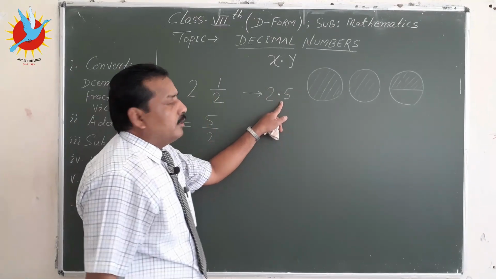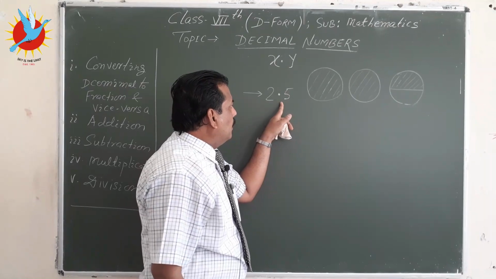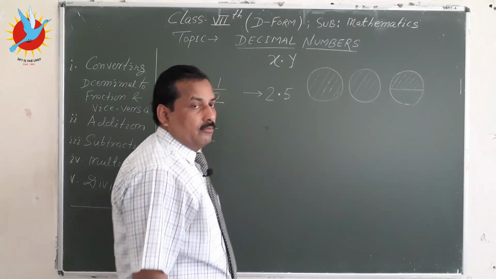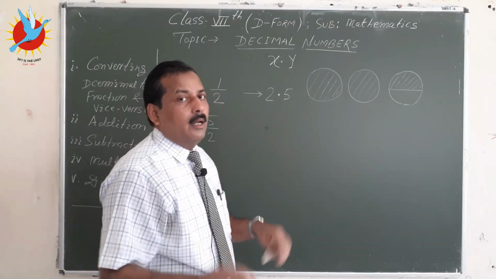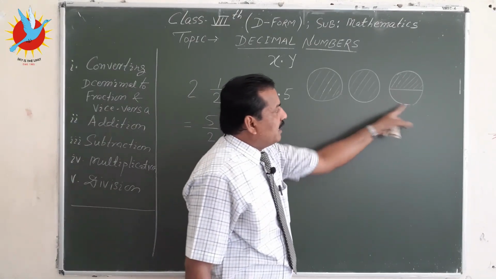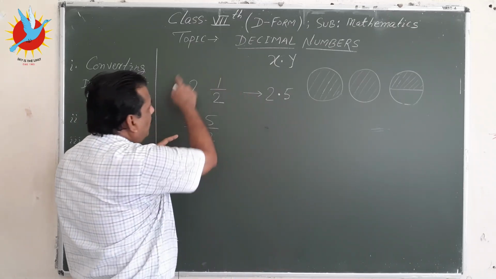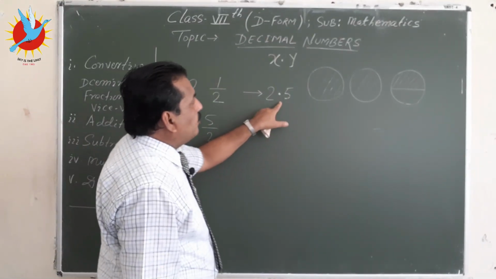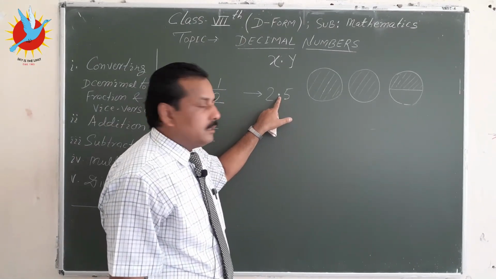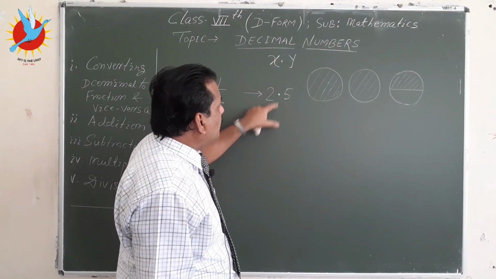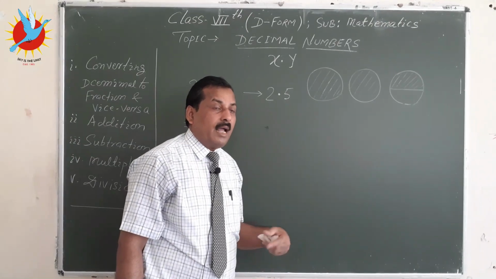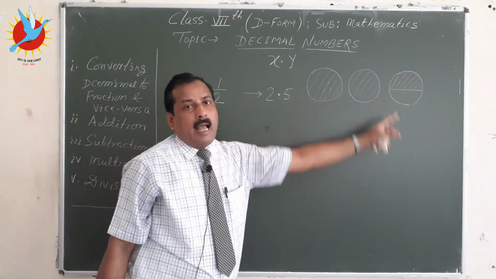At this stage, don't be puzzled about how to write 0.5. I will explain how to convert a fraction into a decimal, but at this stage I am explaining that to express this situation, we have a fractional number and we have a decimal number. So in a decimal number there is a decimal point, and on the left hand side the whole number part is there, and on the right hand side is the fractional part, that is less than 1.